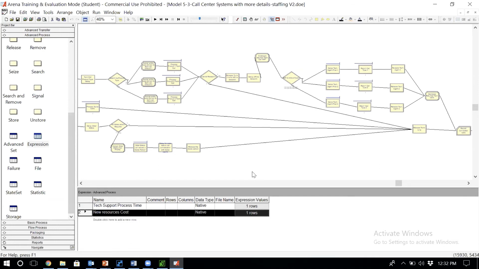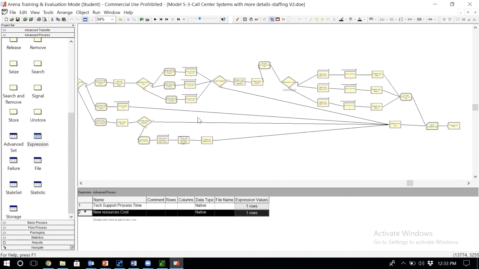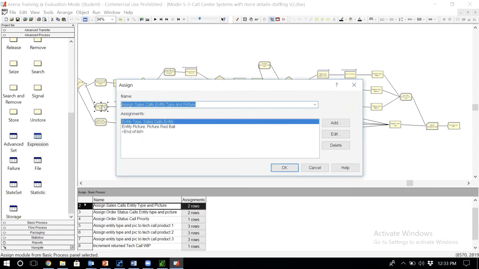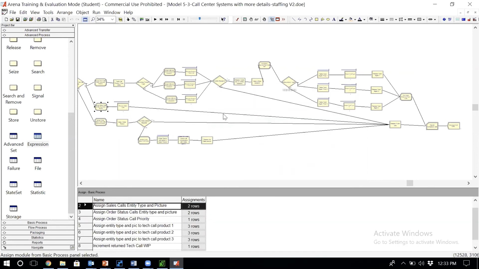Now I want to calculate the time the customers are waiting on top of their threshold and then calculate the cost associated with that. So let's see how we are going to do that. So for the calls related to the sales, pick that one. That's easy. They go through the sales calls and then they are done and they go through the rest of the process. So right here,